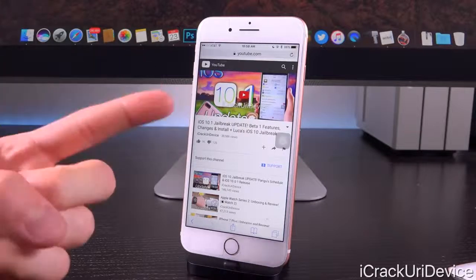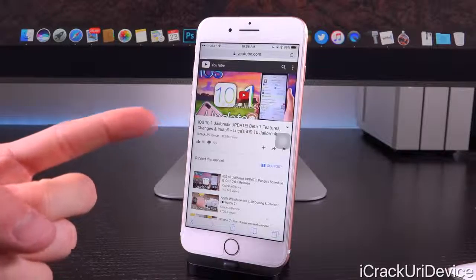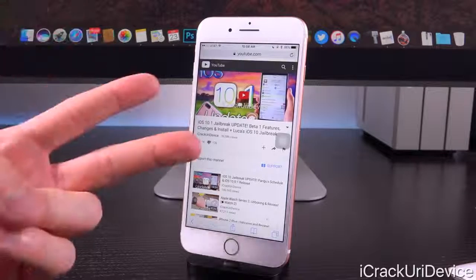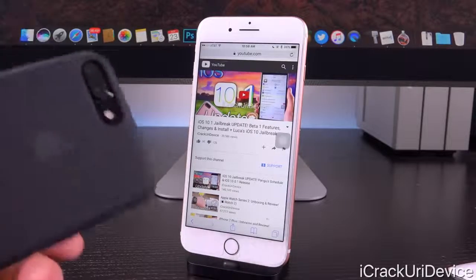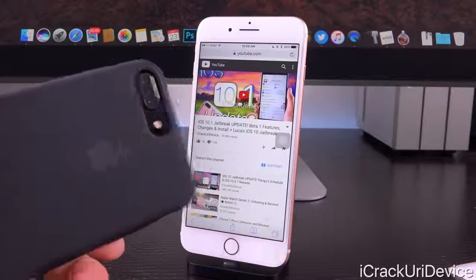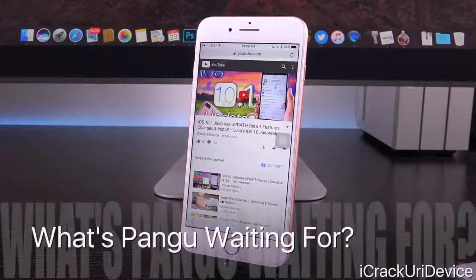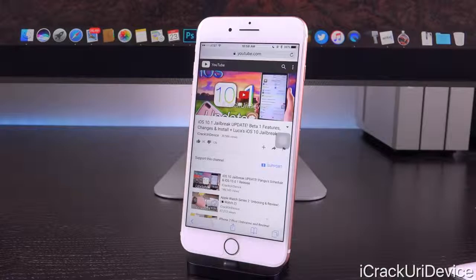We already got one update to address and improve the stability of iOS in general, and 10.1 does add a pretty substantial feature, at least for the iPhone 7 Plus, that dual camera shallow depth of field effect. So Pangu is almost certainly going to wait for iOS 10.1 to drop before releasing a new jailbreak, unless, and this is a pretty big caveat, iOS 10.1, even in its beta form, closes the exploit or exploits that they're